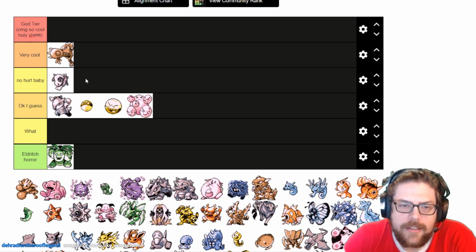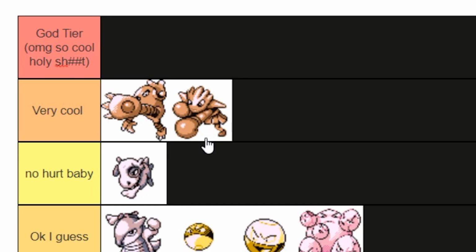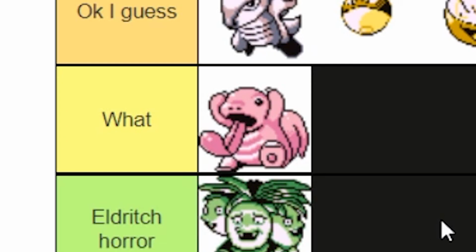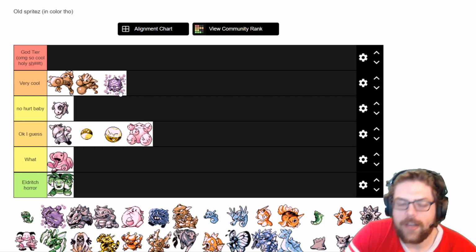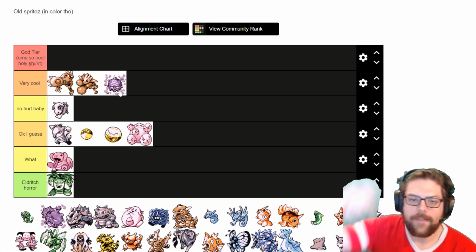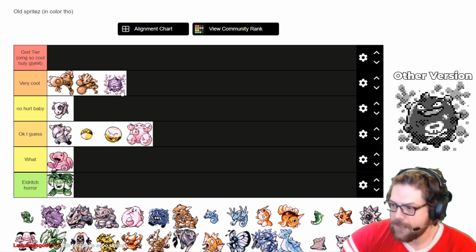Alright, Hitmonlee. Hitmonlee looks cool as shit, dude. He's got like the foreshortening going on. He's kicking the camera. Hitmonchan also very cool looking. Lickitung, what tier? Look at this Lickitung, dude. Koffing is actually very cool looking. I really like the art with the skull above him. I know that the skull is below his eyes on the other versions, but I think